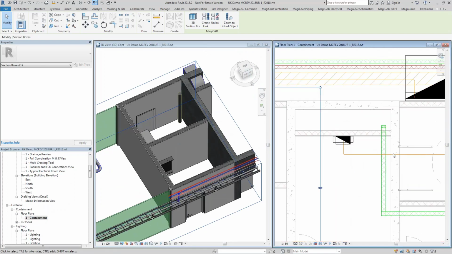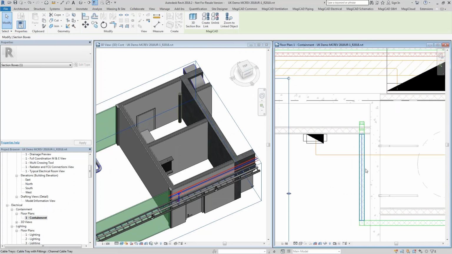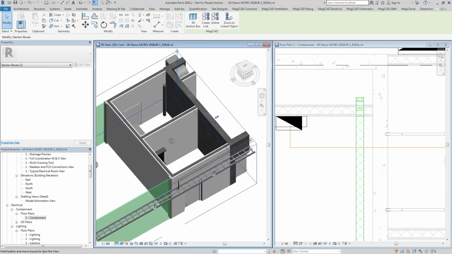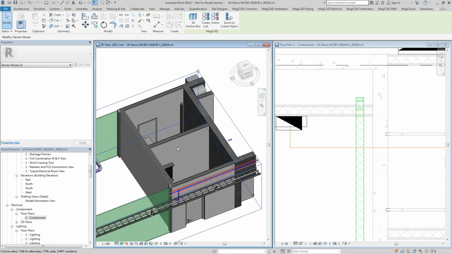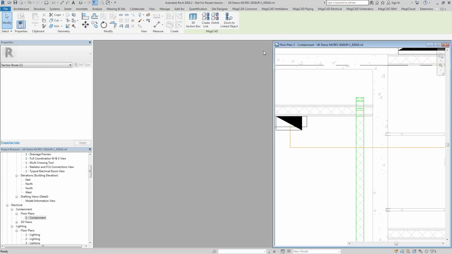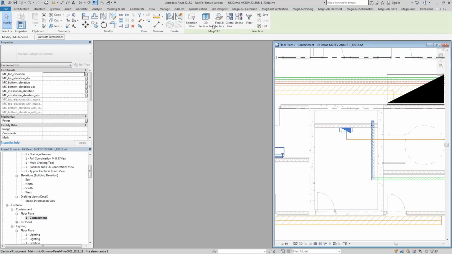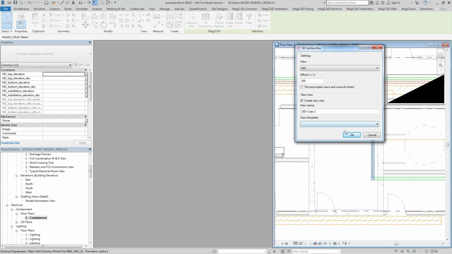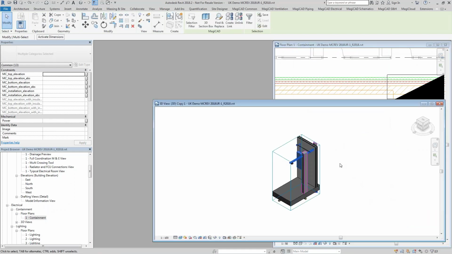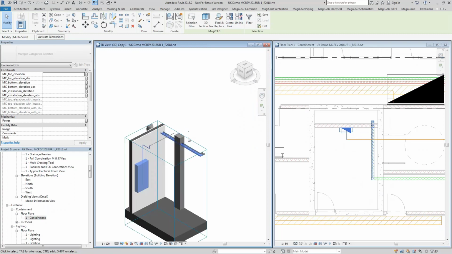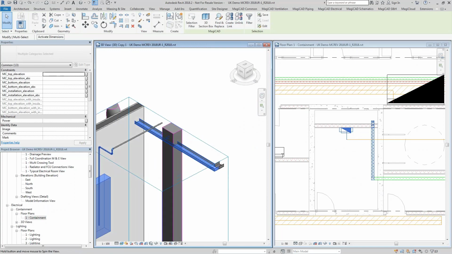So if I look in here, I don't think I've got the piece to coordinate with in my 3D view. Okay, let's try this again. There. There we go. So I can see here I've got another example where I have a piece of cable tray